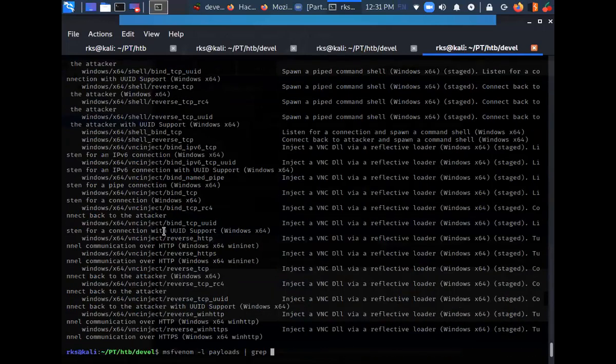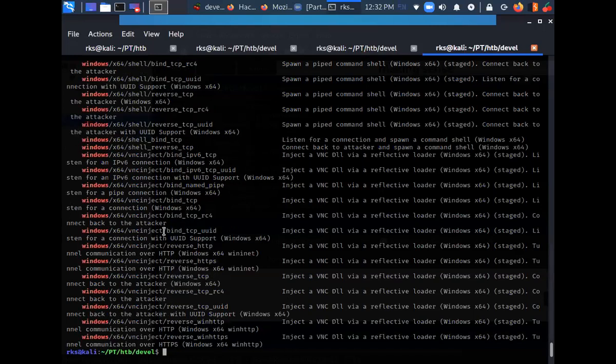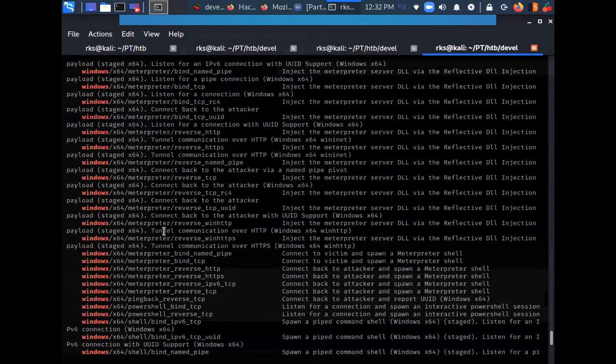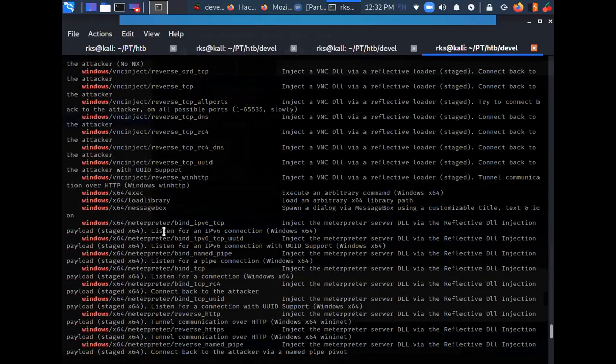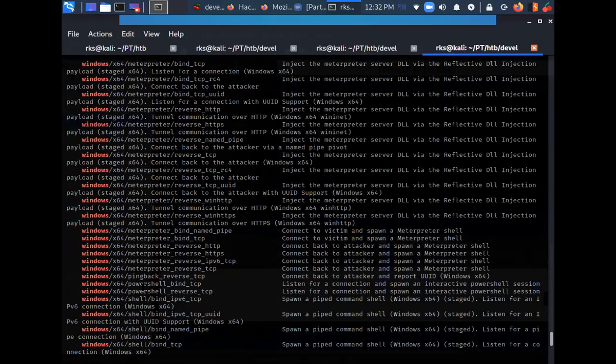So let's just grep for Windows based payloads. Only show me payloads that are for Windows. Now in here, I'm going to use a Meterpreter based payload, TCP.